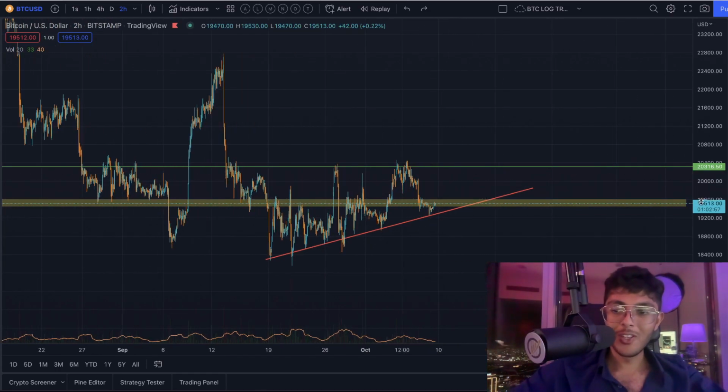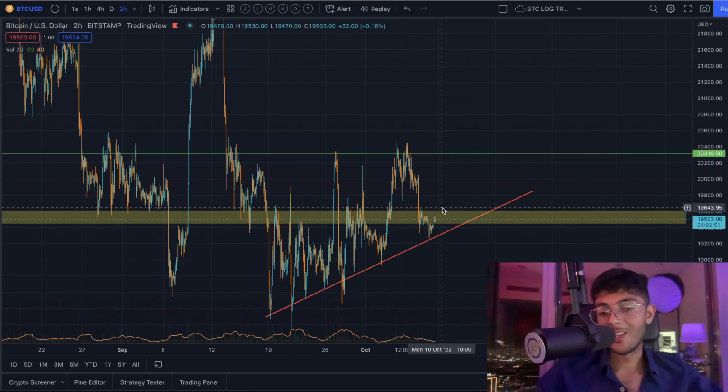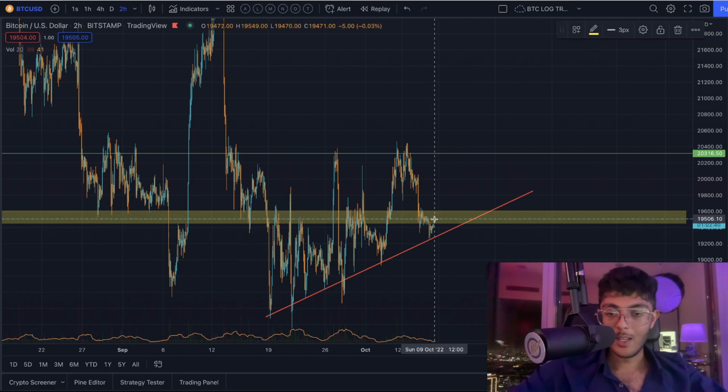And you know what? The good news is that we're not far away from doing this again, right? To get above this yellow box, we basically just need to rise up to $19,650, and that is very close to where we are right now. It's about $150 away, so it's not even 1% away from where we are right now. Very, very small gain that Bitcoin needs to enjoy to be able to get there,